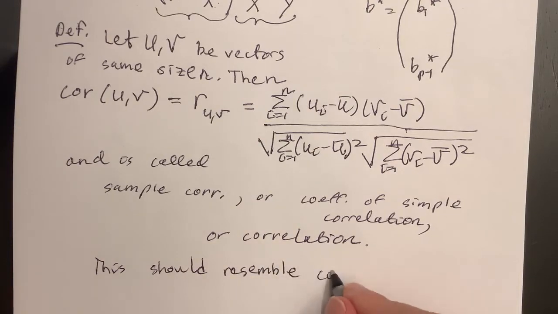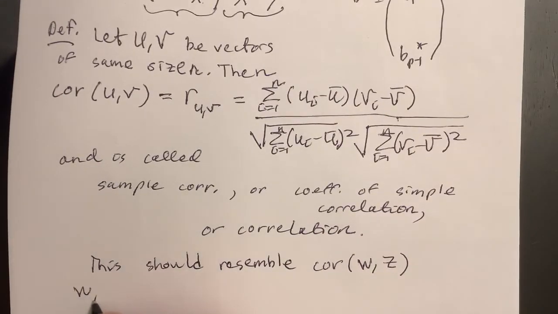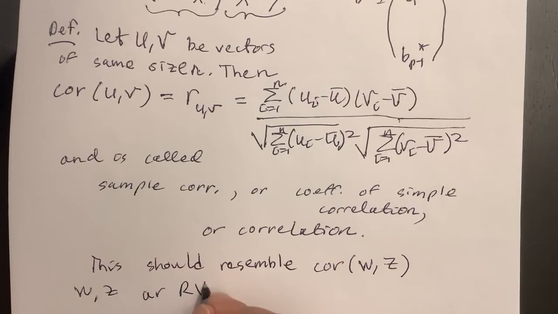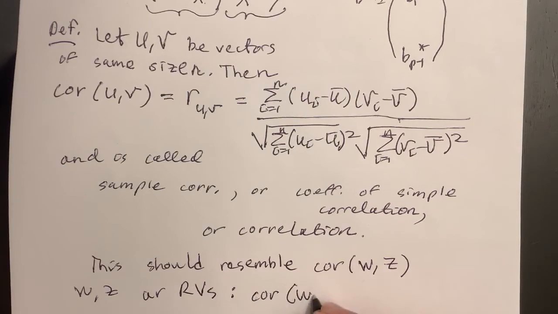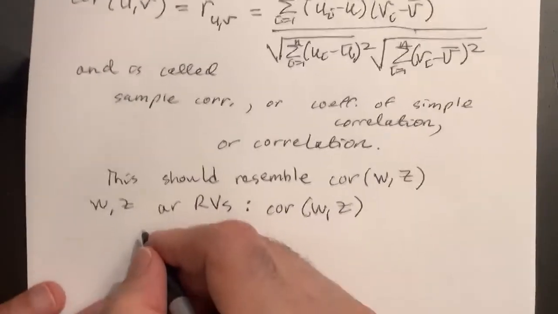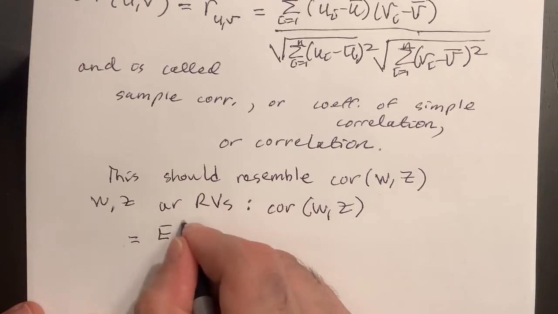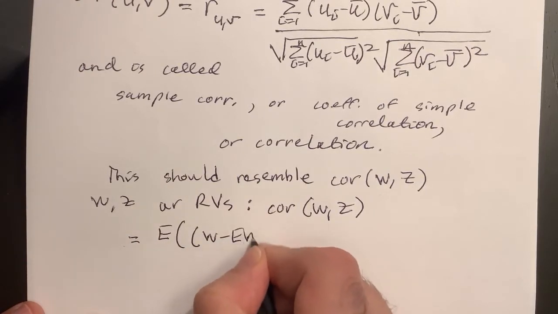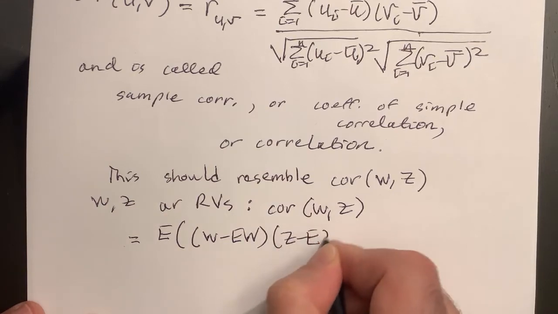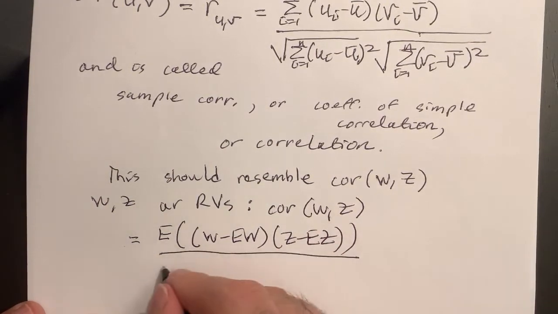the correlation for two random variables, let's call them something else like W and Z, where W and Z are V's. So we get this is equal to, right? So that looks like the top. And then on the bottom we have